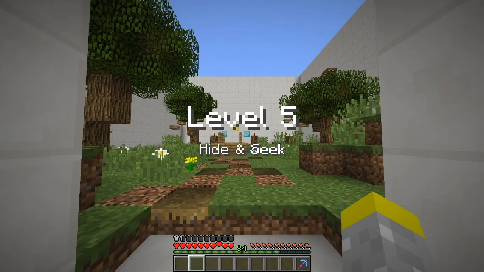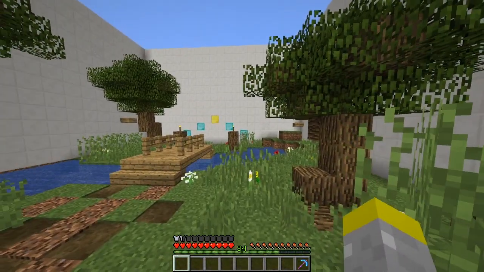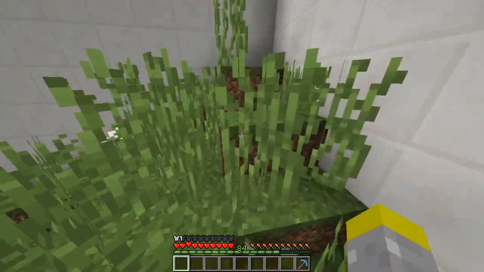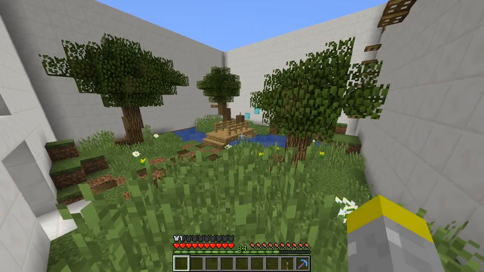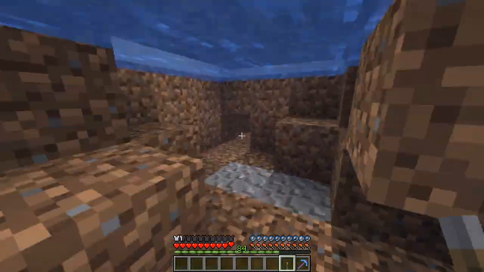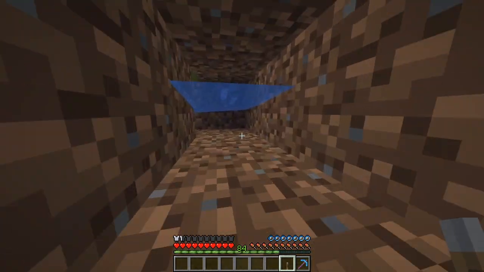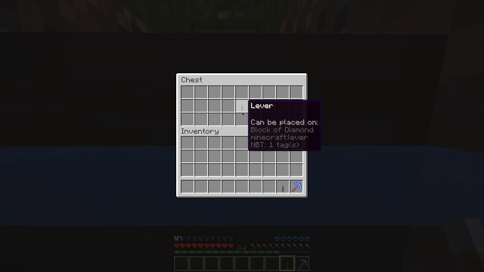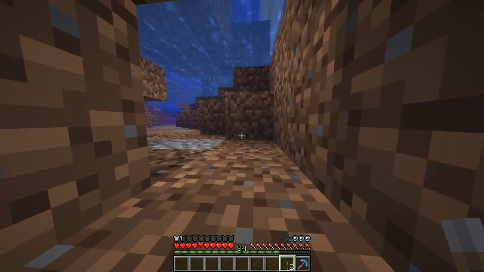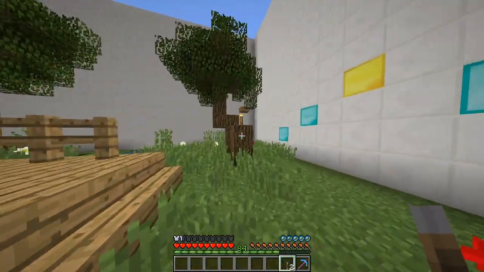Hide and seek. Now this level is called hide and seek. What you want to do is find the 4 levers for the diamond and the button for the gold. So one lever is right over here, and one lever is right underwater. So just sprint underwater using your sprint key to swim, so you could fit in the 1 block high spot. Grab this lever to use for the block of diamond,